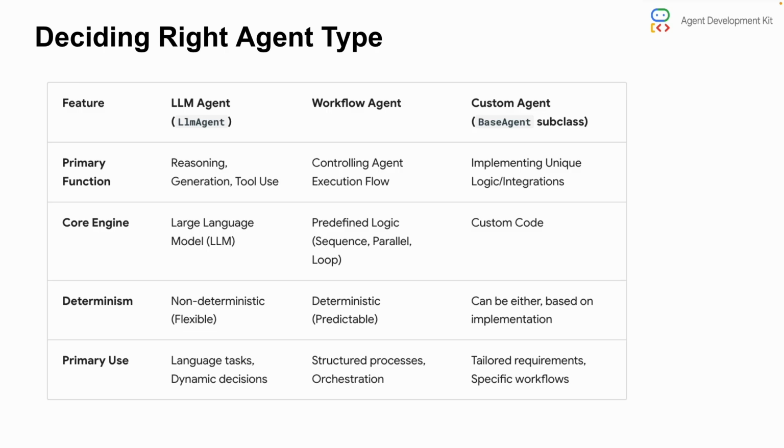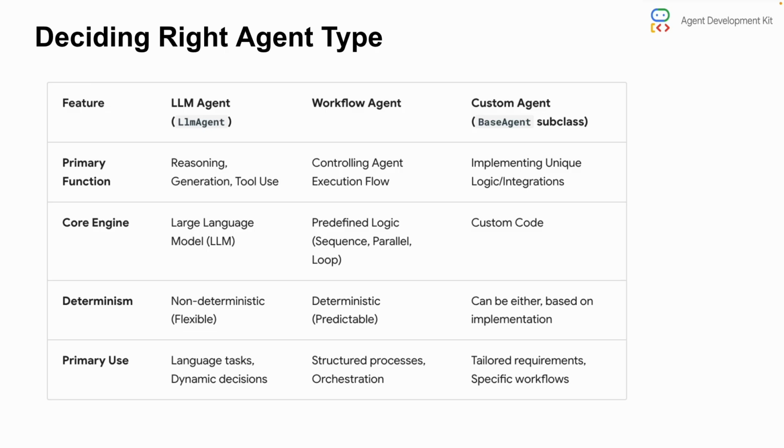Now, in terms of determinism, LLM agents are non-deterministic. As you know, you give the input, the outputs are decided by the LLM, and an LLM is non-deterministic in nature. So for the same input, the outputs can be different. Now, the workflow agent is deterministic. The flow of execution of the agents is deterministic, so it can be sequential, parallel, or loop. In the case of a custom agent, it can be any of these, based on how we implemented the custom logic